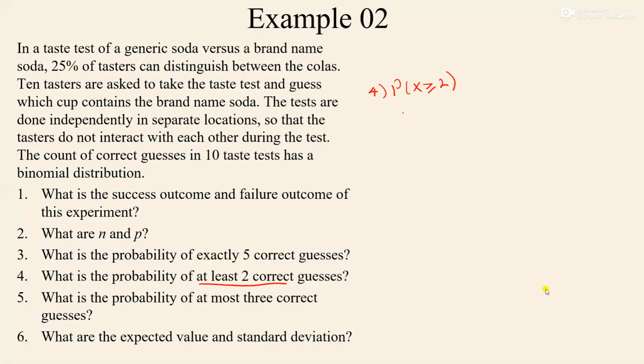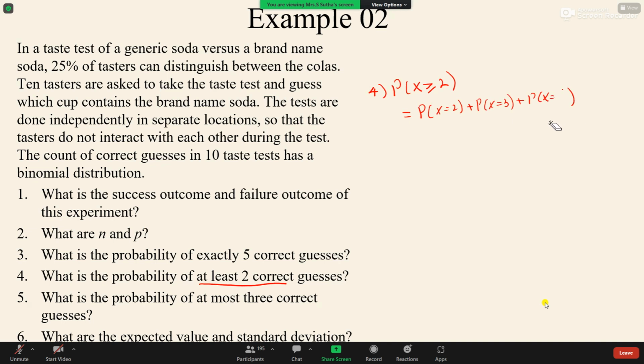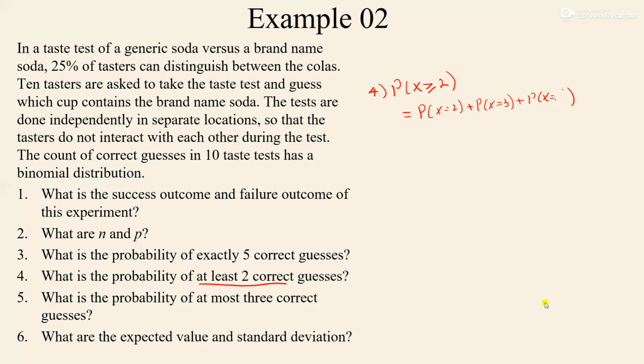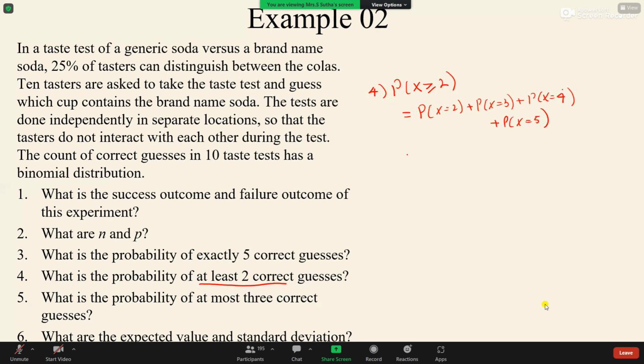Right? So here we know the values, there are up to 5 correct guesses. So this probability is equal to P(x = 2) plus P(x = 3) plus P(x = 4) plus P(x = 5). These 4 probabilities you have to calculate, right? So here this is equal to actually